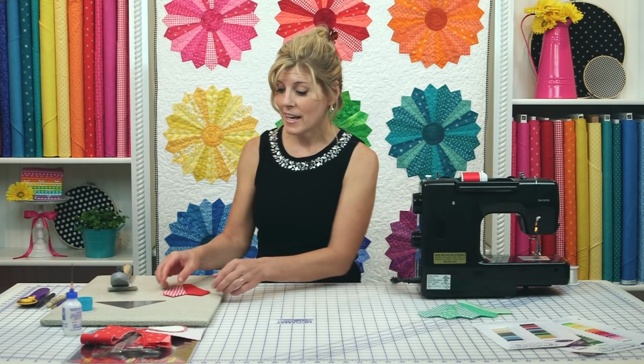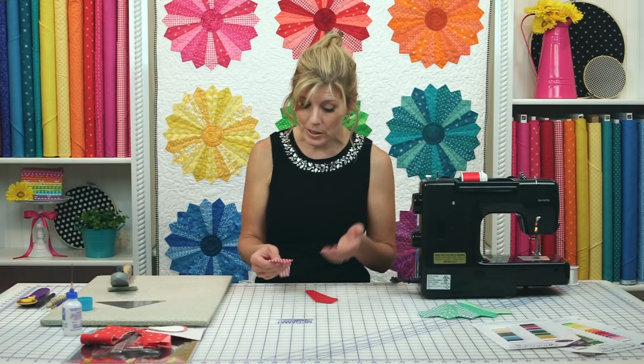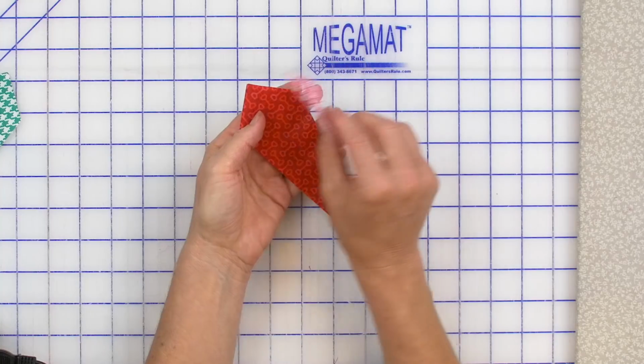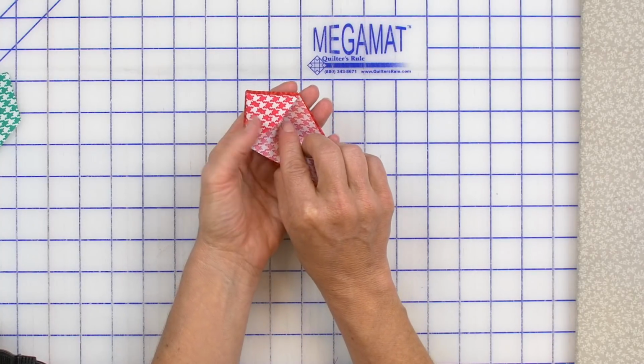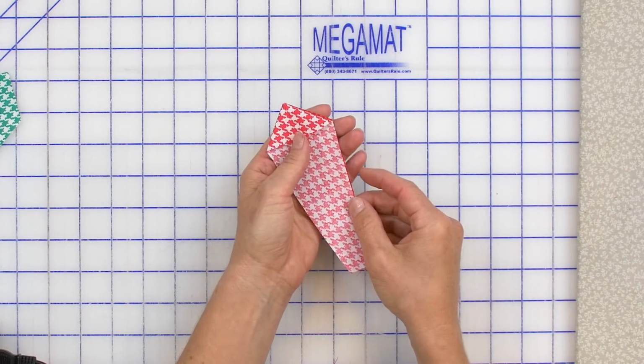Now that I have my second Dresden fan ready, I want to show you how to sew them together, and this is a really neat technique. Now you can imagine that when you place them right sides together, you would think to start here, right? That's where you always start. But